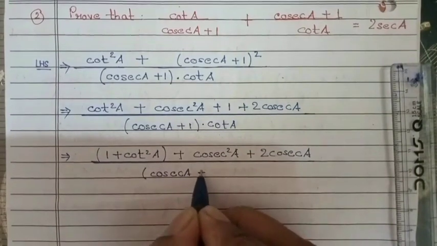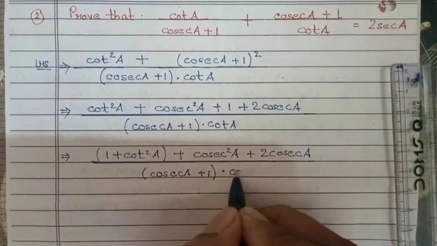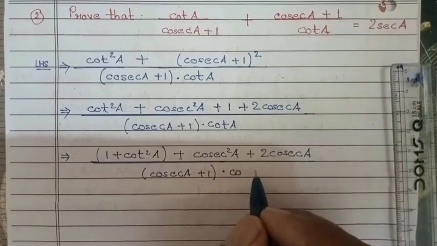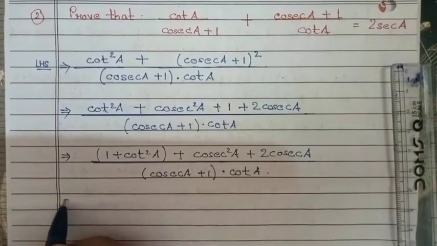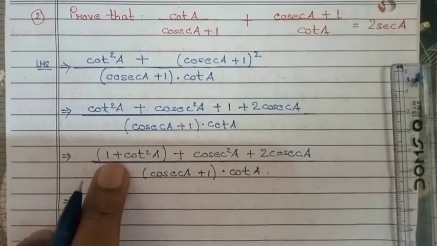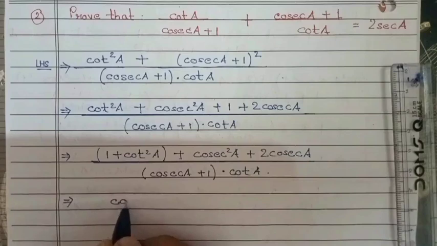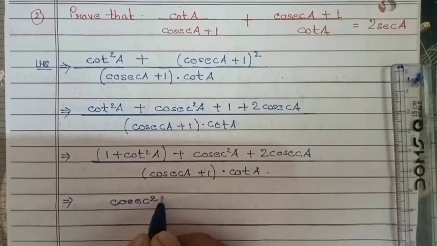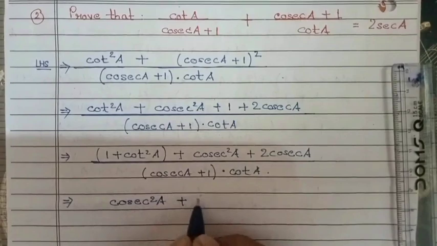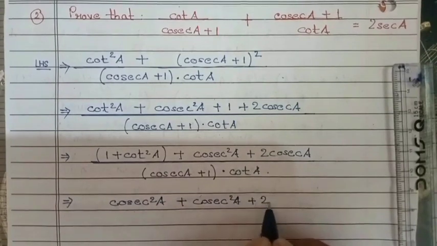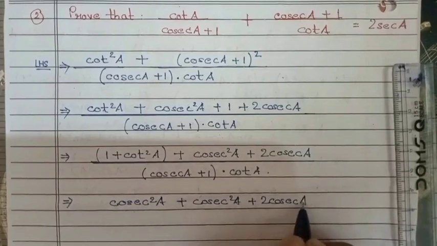cosec plus 1 into cot A. Now this 1 plus cot square can be replaced with cosec square. So we are getting cosec square plus cosec square plus twice cosec A upon